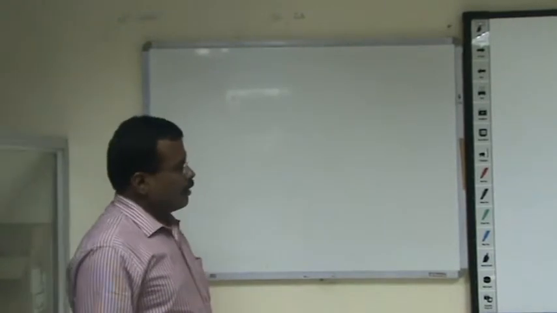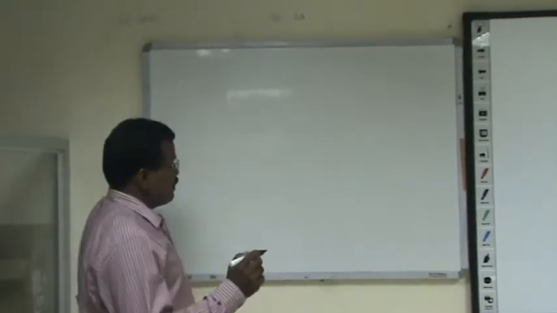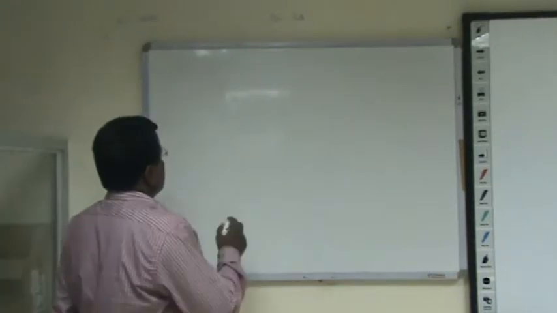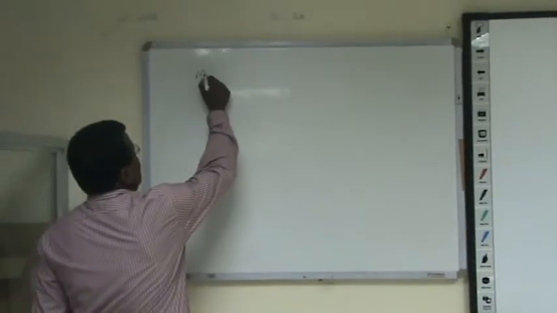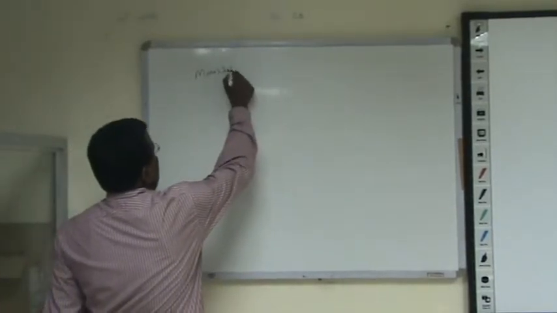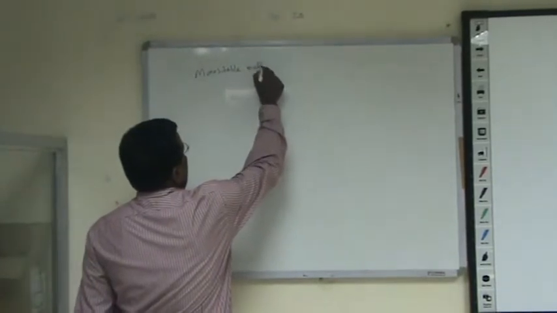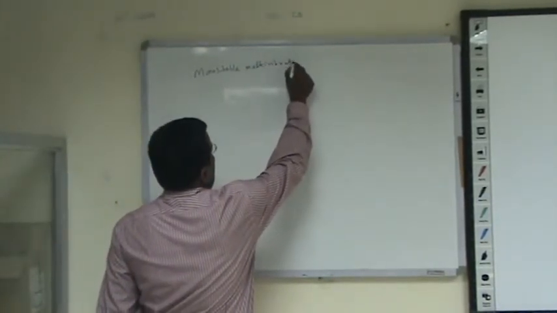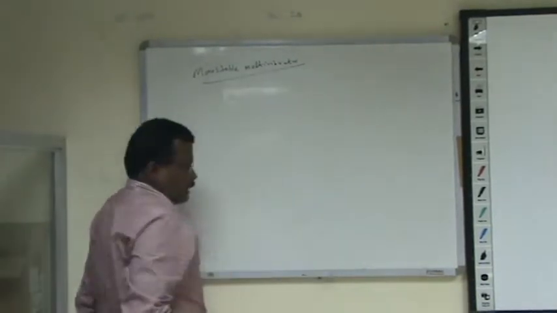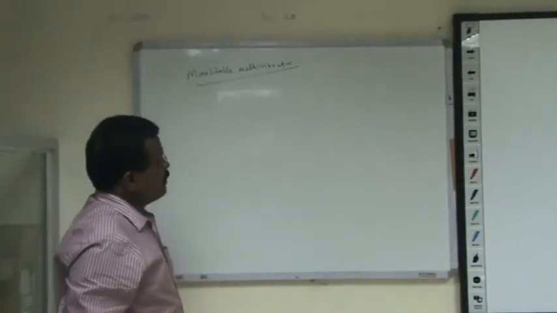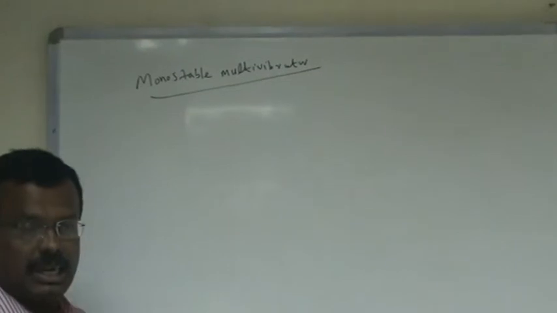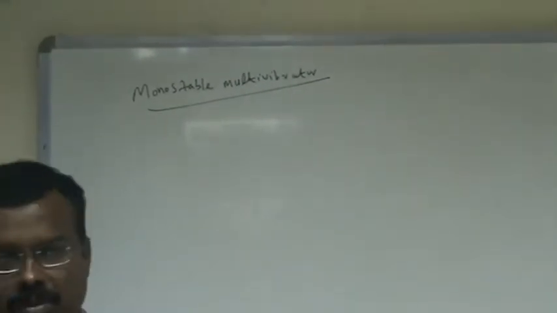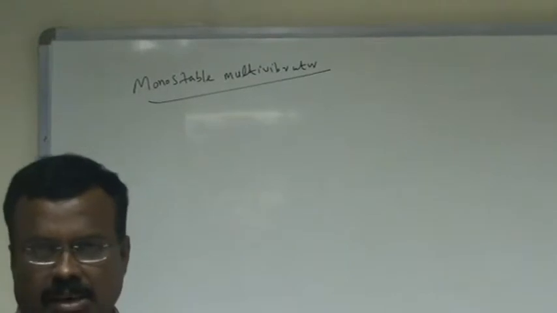Okay. Similarly, another problem can be given like this. Write a program to simulate a monostable multivibrator. Again, for simulation of a monostable multivibrator, a multivibrator is one which can exist indefinitely in either one of its two stable states, and which can be induced to make an abrupt transition from one stable state to another by means of an external excitation.